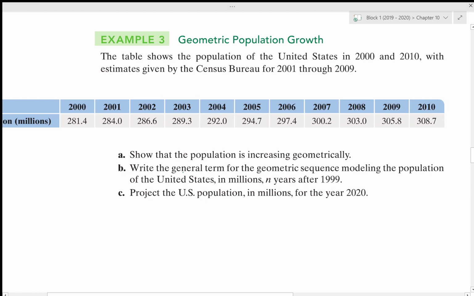So the table shows the population of the United States in 2000 and 2010 with estimates given by the Census Bureau for 2001 to 2009. Okay, so these are actual numbers and the rest were estimates based on the growth. All right. Now, A says show that the population is increasing